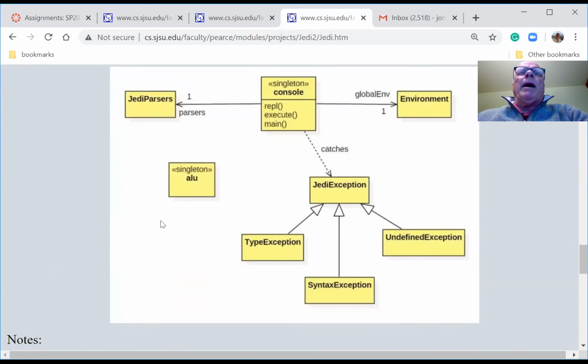Here's the context package, the complete thing. So right here we have the console. This is a singleton, and it has the main in it, and it has the read, execute, print loop. So this is the thing that prints the prompt.